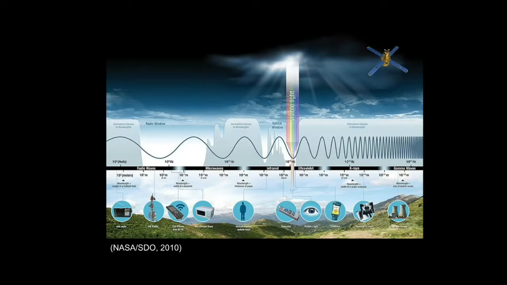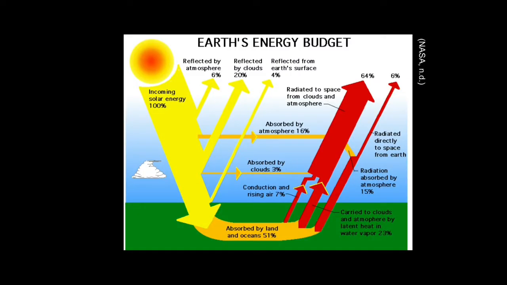Let's start with the sun. It emits all this electromagnetic radiation, but let's focus on the shortwave energy, which is light, and the energy coming from the infrared spectrum. The light we see enters the Earth's atmosphere. You can see here that some of this energy reflects back, some is being absorbed, and some is radiating back